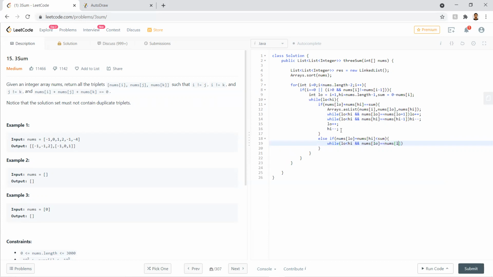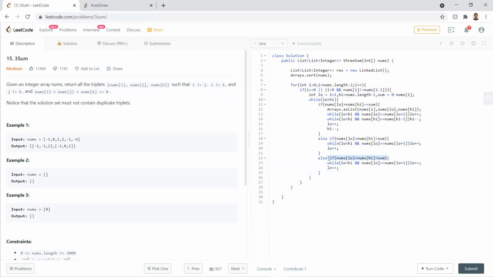And if it's not there, by default we will increase low here. And similarly, we'll go for the high.